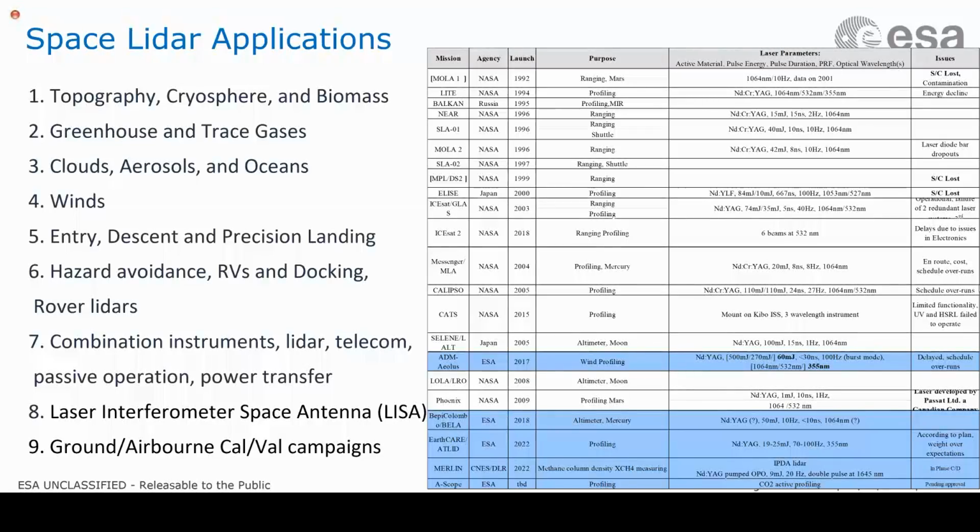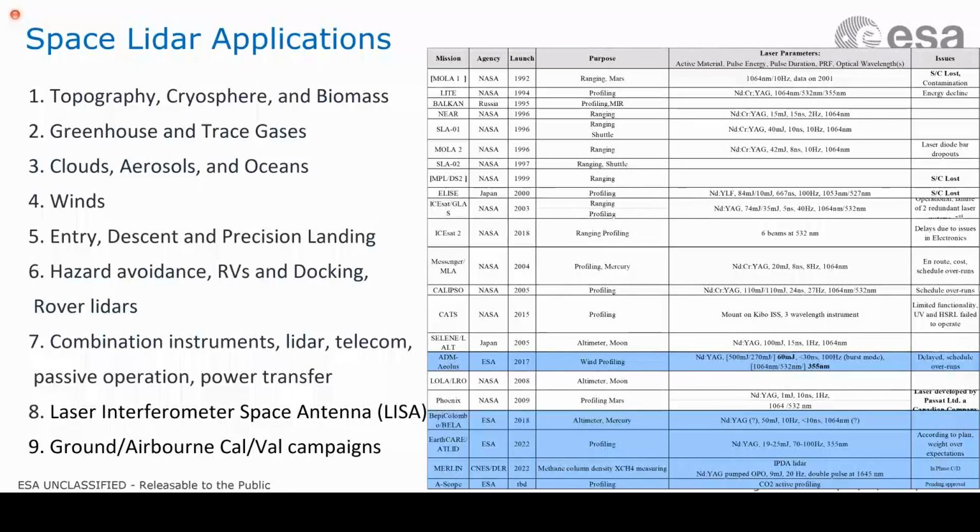So if we look at space applications for LIDARs, you see that there are quite some. Actually, they're not 1 or 2, but we have 8 distinct areas, domains, where we can have these LIDARs. And then if you ask how many LIDARs we have flown and how many LIDARs we have operational, sadly, we don't have that many. It's a new technology for space. The first launch of a LIDAR was, if you look at the table on the right, MOLA 1 from NASA in 1992, but it didn't switch on until much later because it had to fly to